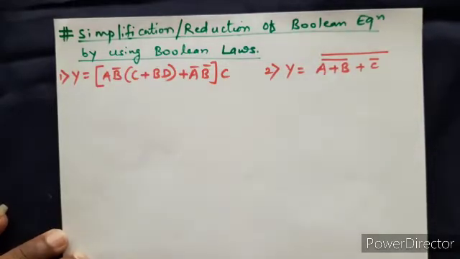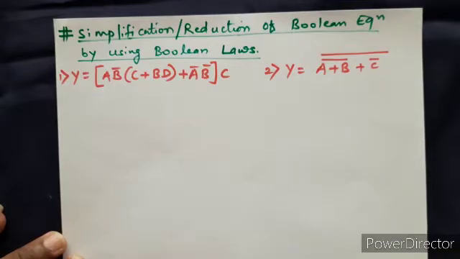So welcome students to this lecture of digital electronics. Just to recall, in the last lecture we had discussed different laws of Boolean algebra, and I think we have covered all the laws that are required to reduce or simplify a given digital expression, and then implementing that simplified expression with the help of gates. That simplified expression can be implemented with the help of basic gates or universal gates.